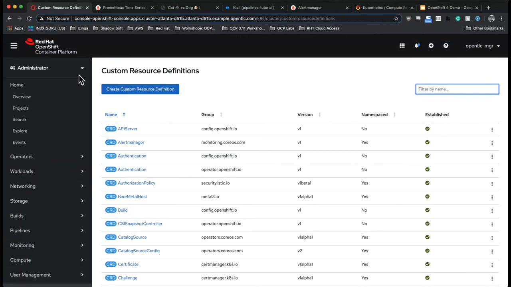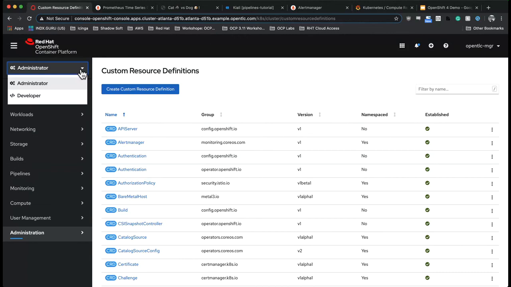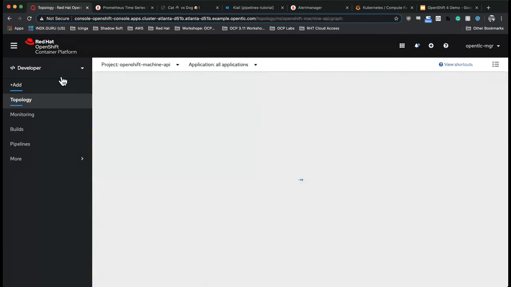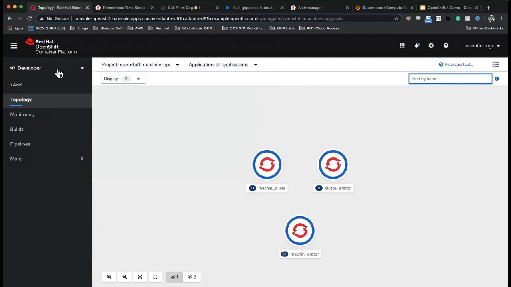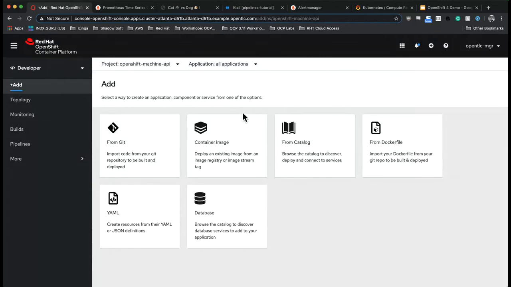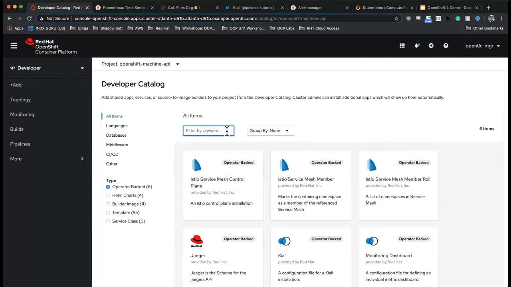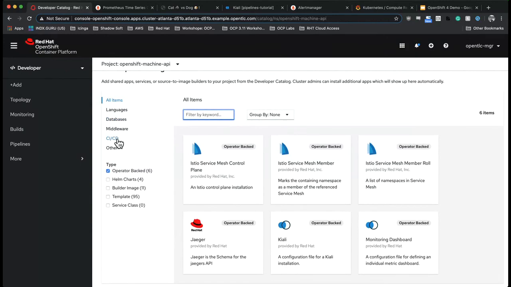And for the last few minutes here, we'll jump into the developer console. So you can see that we've separated the administrator and developer into their own separate workspaces now. In this add area, we can go to our developer add, where we can add from Docker file, a database, generate a YAML file, Git repository, pre-existing container image, or using the developer catalog, where we can see that there's a number of existing certified